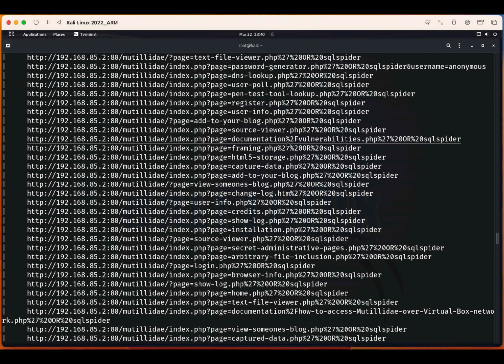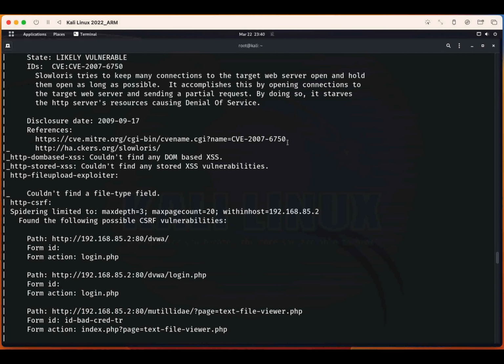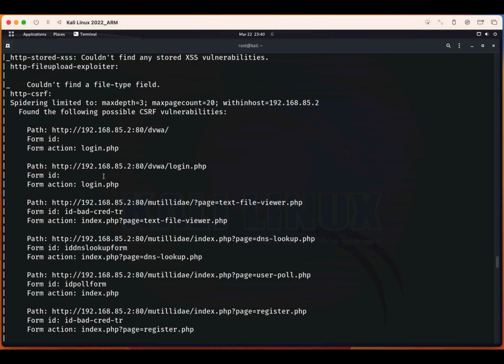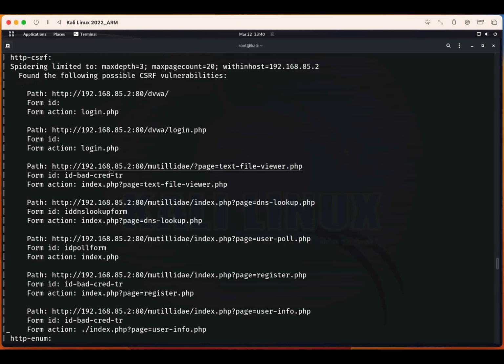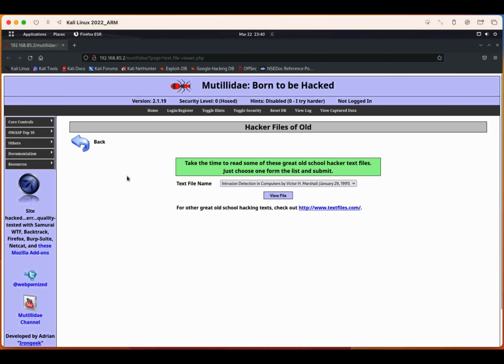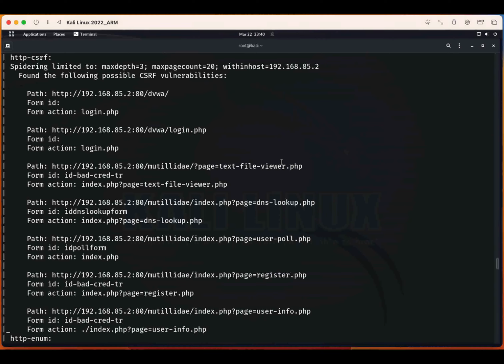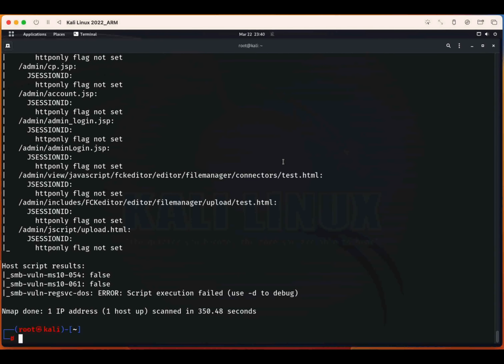Okay. And here we have file upload exploiter. Plenty of information here also. Open link. File viewer. Okay. And now,